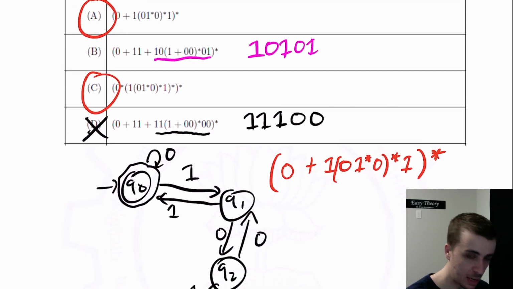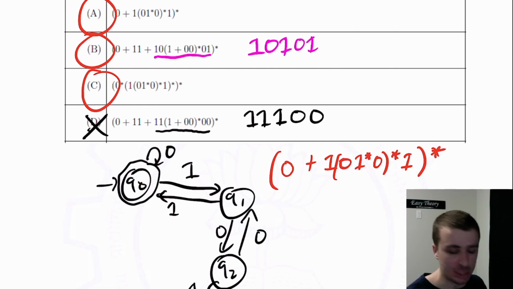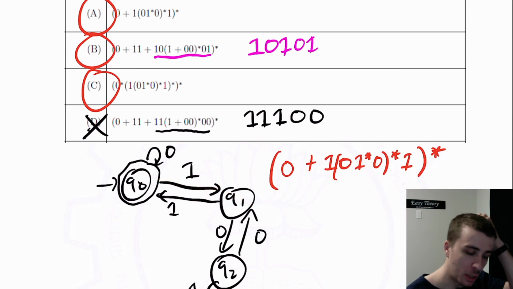So then in terms of the DFA's perspective, the 0 here is just a self loop. The 1, 1 is going back and forth. 1, 0, 1, 0, 0. Okay, yeah, this will work. This answer's right. So it helps to look at the DFA here. So here's the reasoning. So the 0 at the beginning, because of the star, we can do any one of these as many times as we want. So we can do the 0 as many times as we want. We can do the 1, 1 as many times as we want, which from Q0 ends up back to where we started.